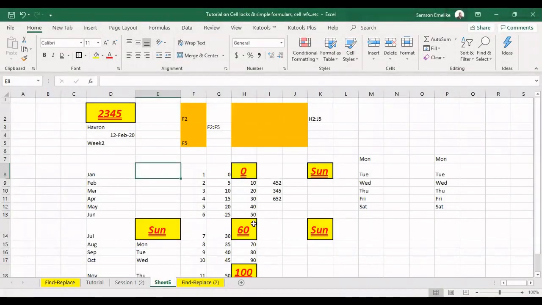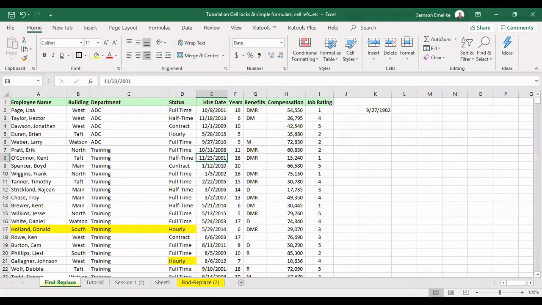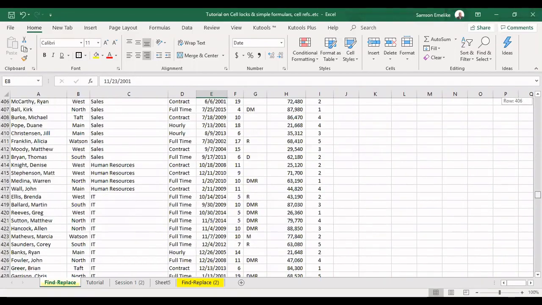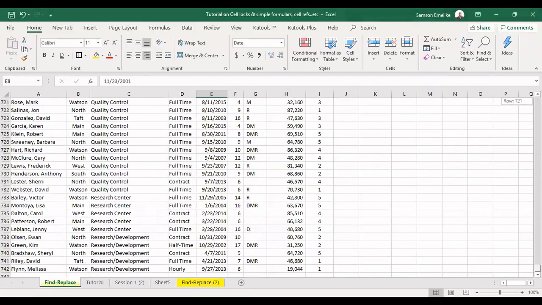All right. So the next thing I want to discuss here is a feature called Find and Replace. We usually teach this at our Excel basic level in our tutorial. All right, so I'm going to open this sheet. Now, assuming you are managing this kind of database, and although this is not really much, just about 740